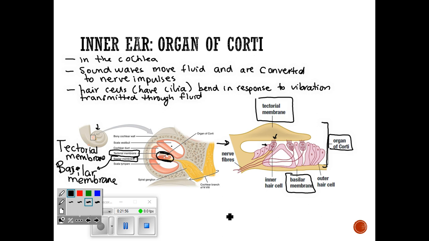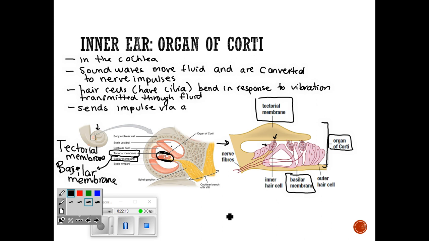So as vibrations happen, it will make the fluid in your ear make the membranes shift a little bit, and it'll cause those hair cells and their cilia to bend back and forth. The bending of the cilia is what starts the nerve impulse. That's the stimulus. And then we send the impulse